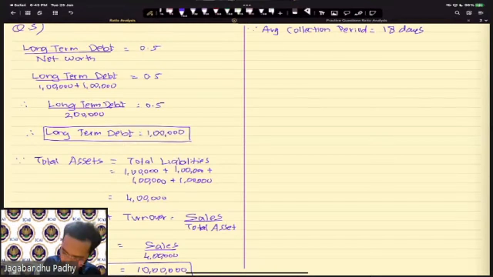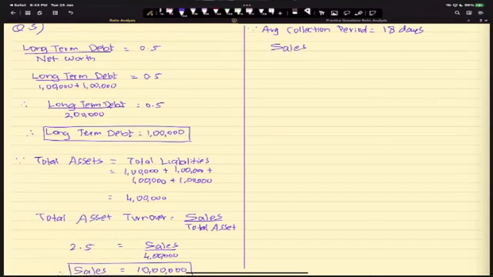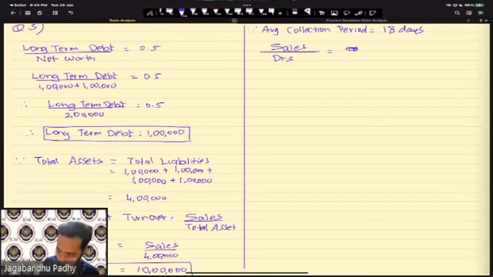We compute it as sales divided by the debtors. No, that's the debtors turnover. Average collection period is 360 days, which we have to assume as stated in the question, divided by